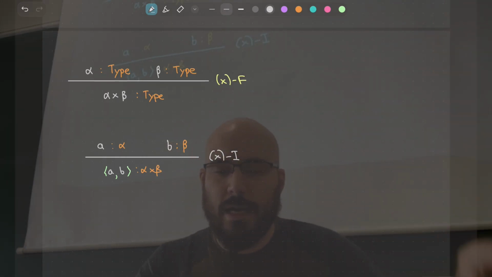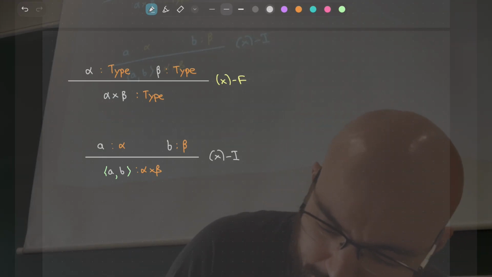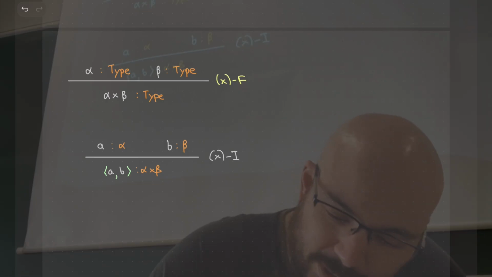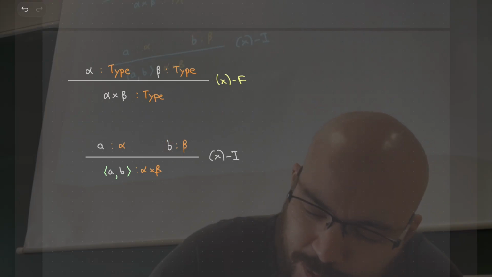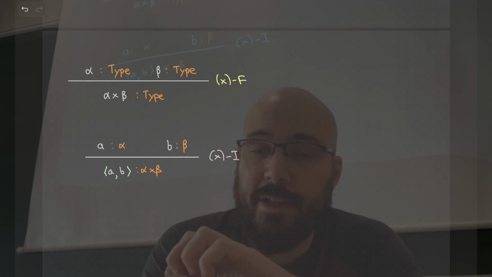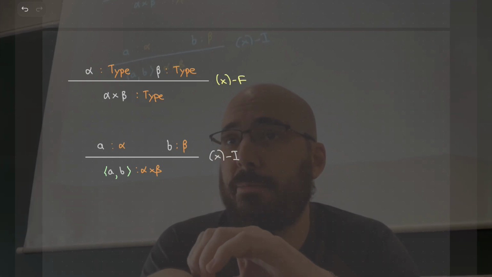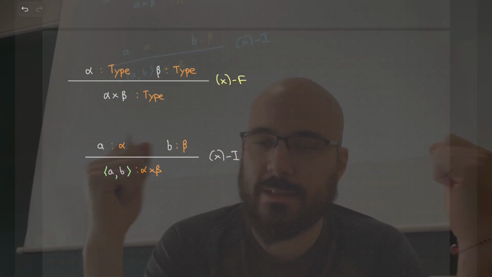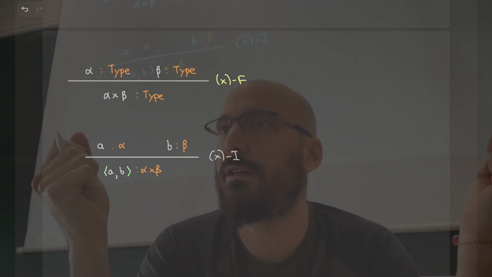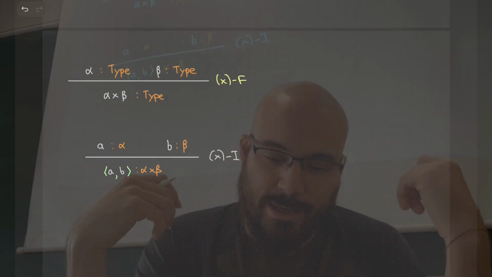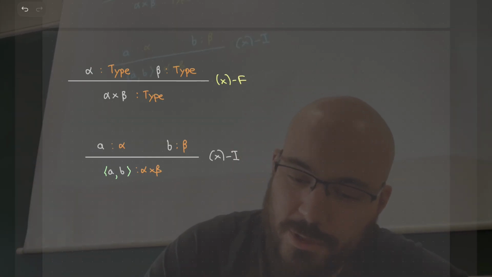So you have, I know it's a type, this thing, because of this rule, and I'm saying in order to create elements, you need some element of the first type and some element of the second type, and this gets you a way to put them together and create an element of this type. There might be other ways to create elements of this type. They happen not to be for this case, so I only have one way to construct elements of this type. And this is called the introduction rule for the product. I still haven't told you how to use these, so let's do this now,